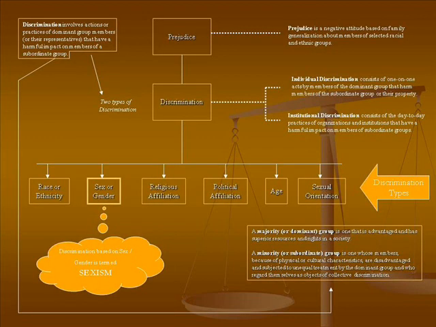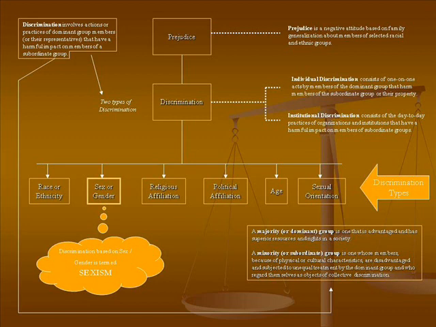And since we're talking about society, I pretty much have the same chart that I had for you in the last session, also depicting prejudice and discrimination and how they are related. In this case, the form of discrimination that we're discussing for this chapter is sex or gender. Last week it was race and ethnicity. This time, sex or gender. So just keeping up with this timeline here, into the areas that we're discussing and covering in this course. And so in this case, sex and gender is the major theme today.